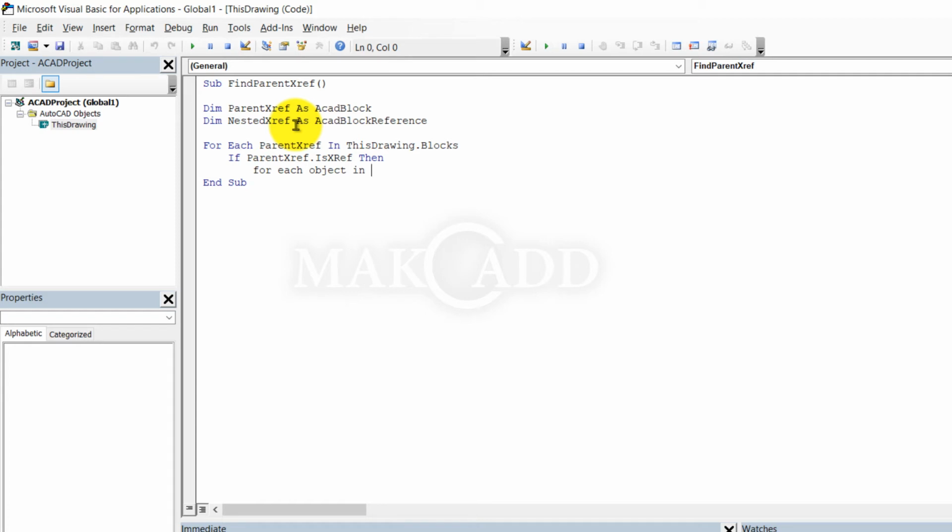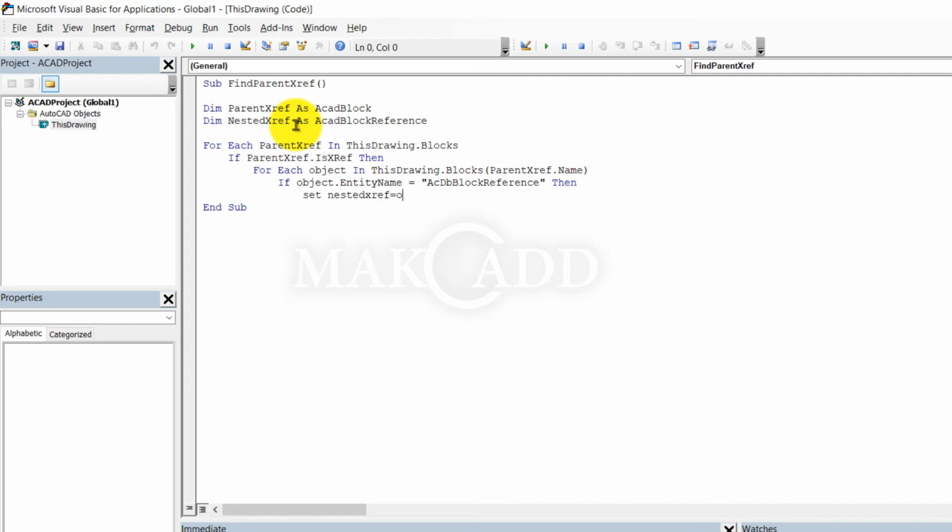Again we will use a For loop, for each object in parentXREF. If object.EntityName equals AcDbBlockReference, you have to follow the same letters and characters. Then if it is AcDbBlockReference, set the object to nestedXREF.